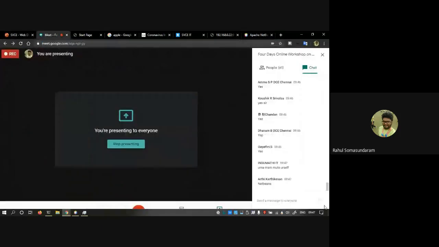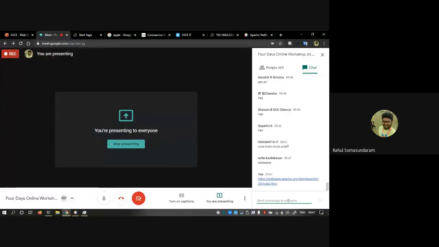You can download NetBeans from this link. NetBeans is just an IDE, like you are using a Python compiler and so on. It is an IDE for developing web applications. We need an IDE, so for that we can use NetBeans.